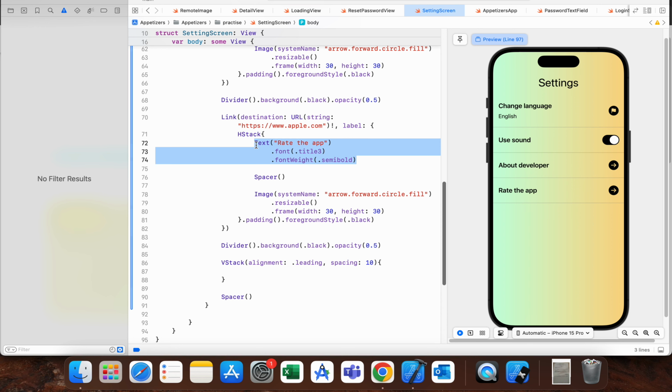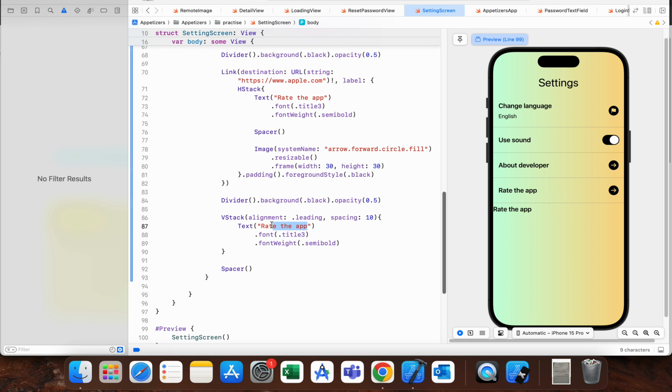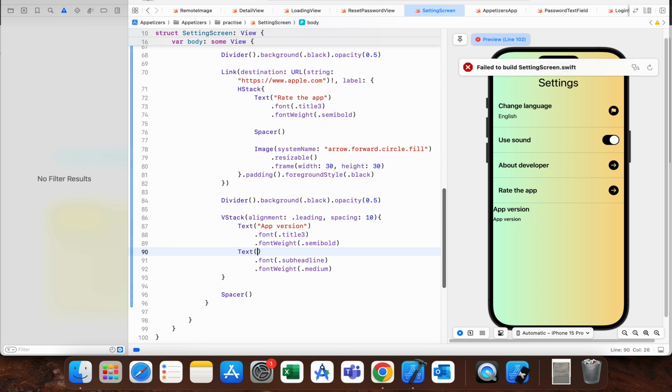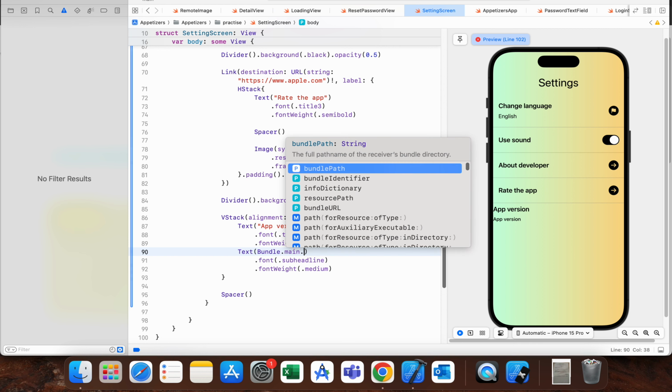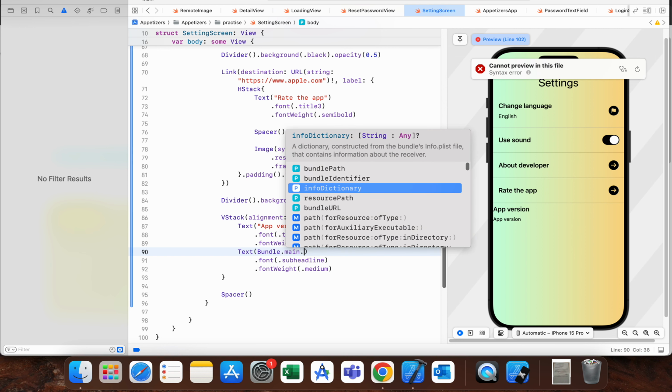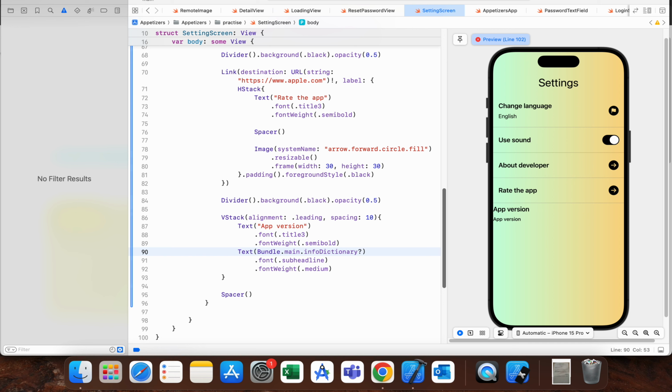So I will copy paste this text, app version. Below that I will copy this one more time. Here we will use sub headline medium, and for the version we will say Bundle dot main dot info dictionary, and here in the parentheses CF